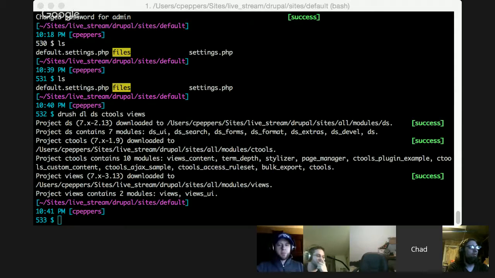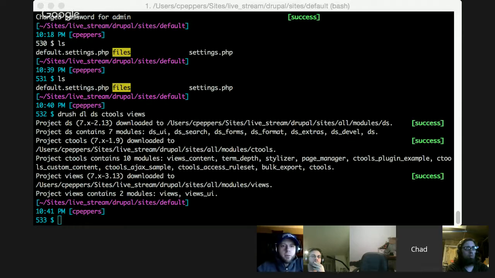Man, and views is really one of the things that I feel is a major selling point for Drupal. It has a massive amount of integrations, and pretty much all the tables that you'll see in different spots, whether it's going to be the admin or on the front end, a large majority of them are going to be handled by views.